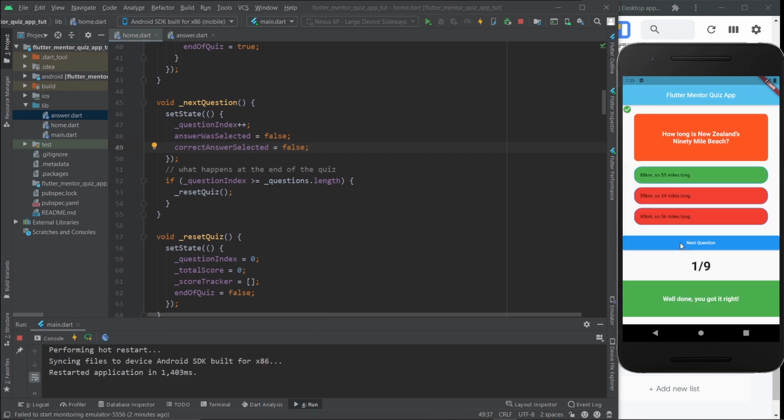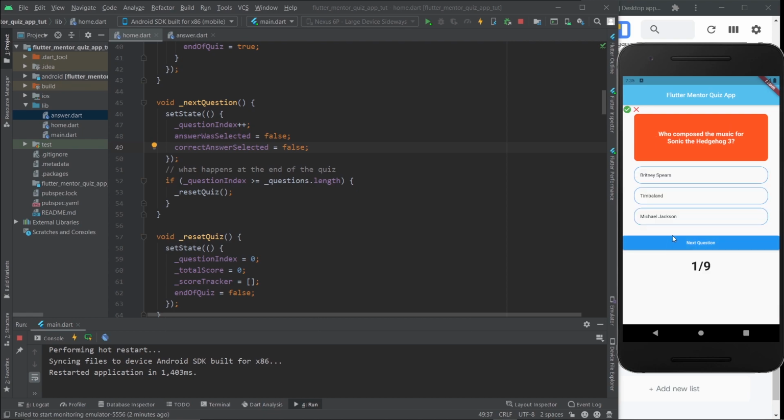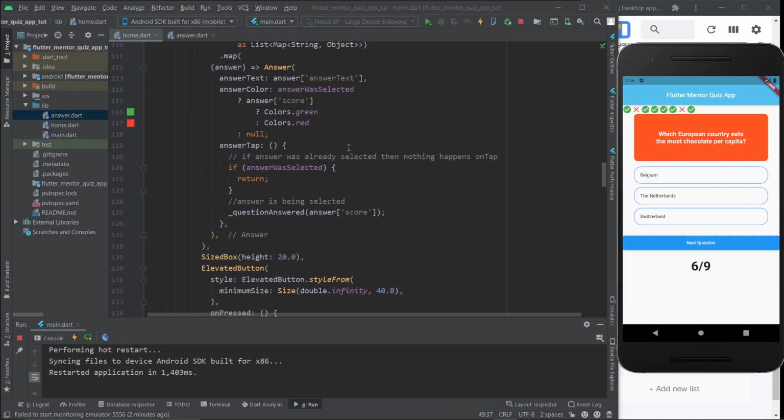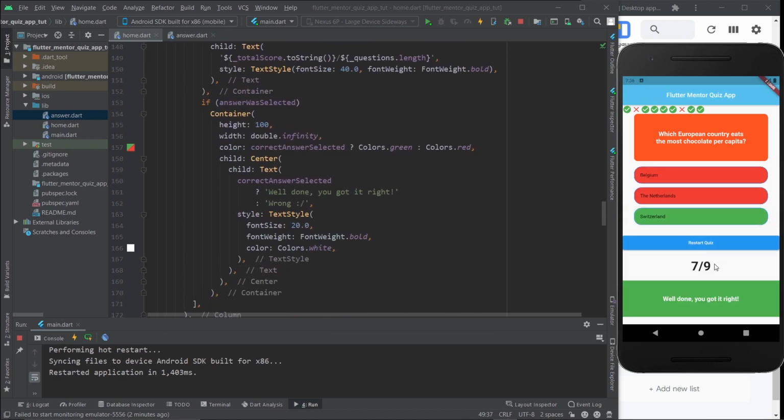So now we just restart this, and now it should work just fine. Hit the correct answer, there it is. Hit the wrong answer, there it is. Hit the right answer, and there it is. Now that this has been taken care of, we need to go ahead and fix this mistake that happens at the end. So this is the end of the quiz right here.